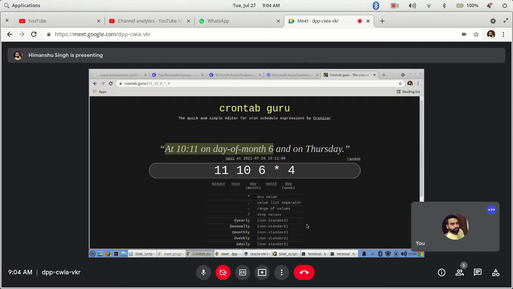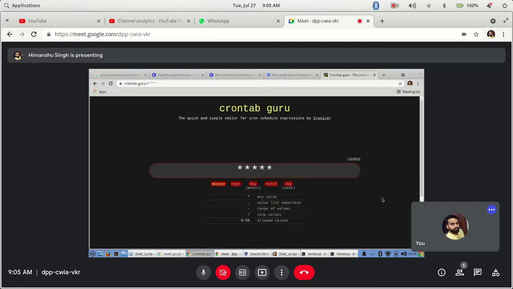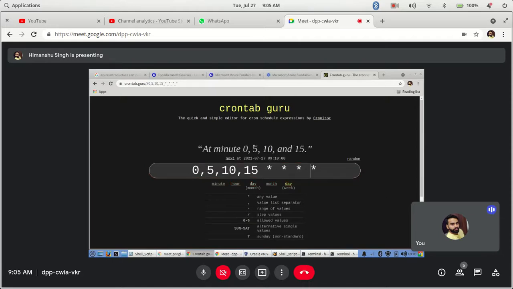You don't need to worry. Also there are step values. Let's say I want to execute the script every 5 minutes. How will I do it? I have two options. First, let me put star star star star here. In place of that I will say every 0th hour, comma, every 5th, 10, 15. It will run at 5, 10, 15, like that. You can separate by comma if you want to define a range. Clear?